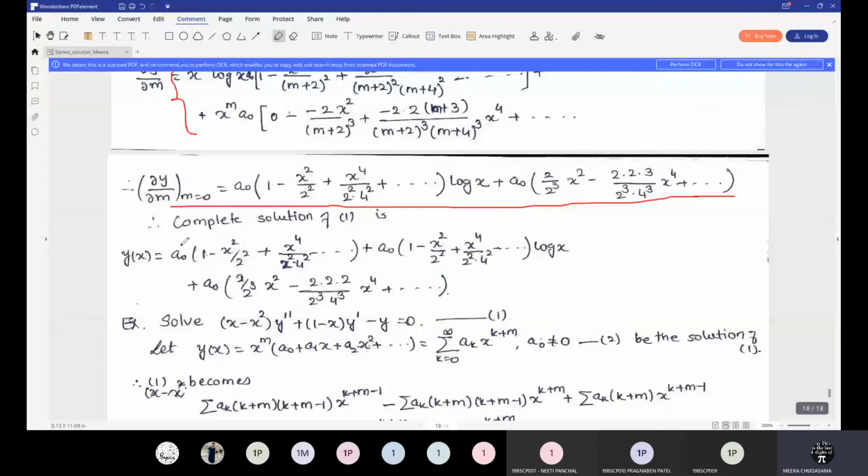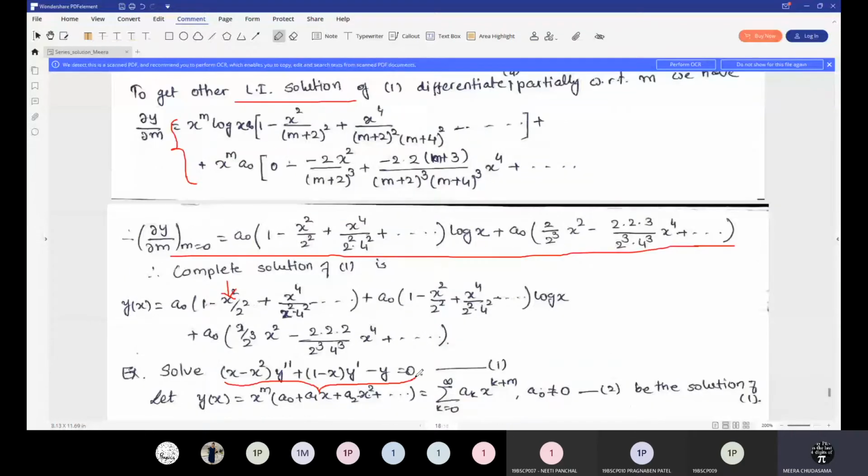So today we will discuss one more example based on this case. That is what this example is. After completion of this example, the series solution portion will be over, and then we will switch over to special functions. How those special functions occur as a solution, what their properties are, and all those things we are going to see. So today my goal is to complete this series solution, and I want to check whether you are comfortable with the series solution or not.